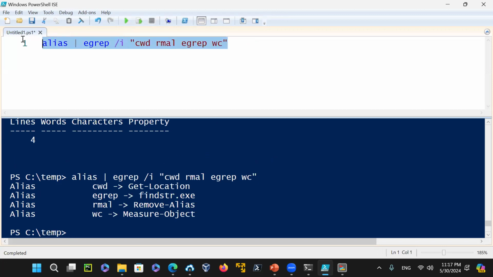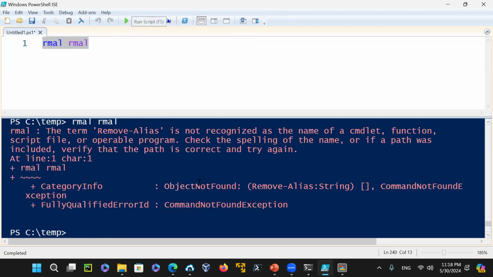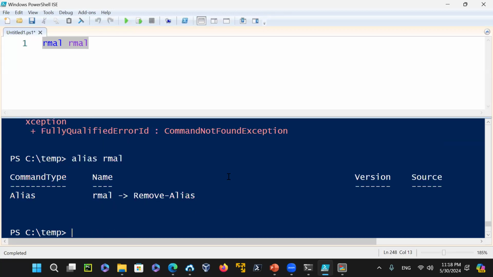And then if you want to remove some alias, you could do that. Like remember we did the self-destructive one. I'm going to try it again. Remove-Alias, Remove-Alias, Remove-Alias. When you do this one, this one will be gone, right? So if you just run this one, it is gone. Let's say alias rm, alias rm, alias. It is there, but